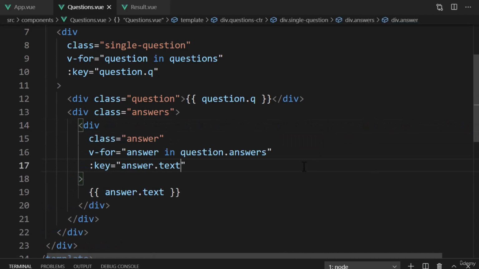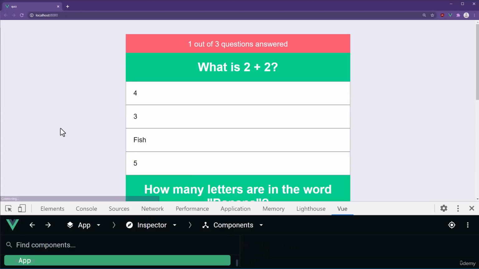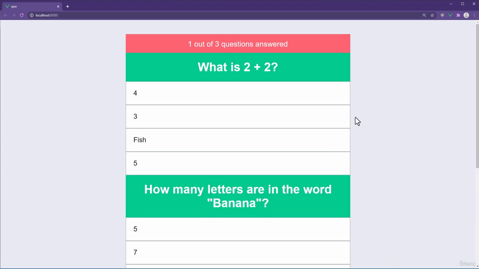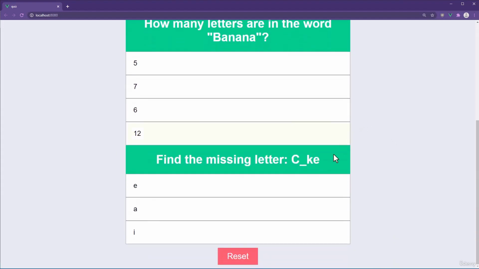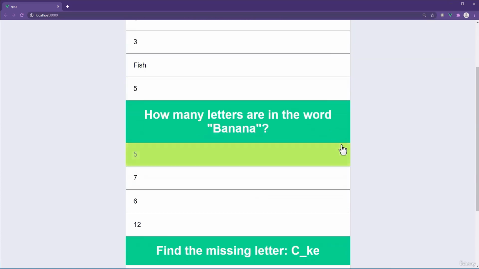Let's make one final preview before moving on. Refresh the app in the browser. Vue is looping through the questions. Each question has its answers outputted. We still need to make it so that only one question appears, but we'll get to that in the next